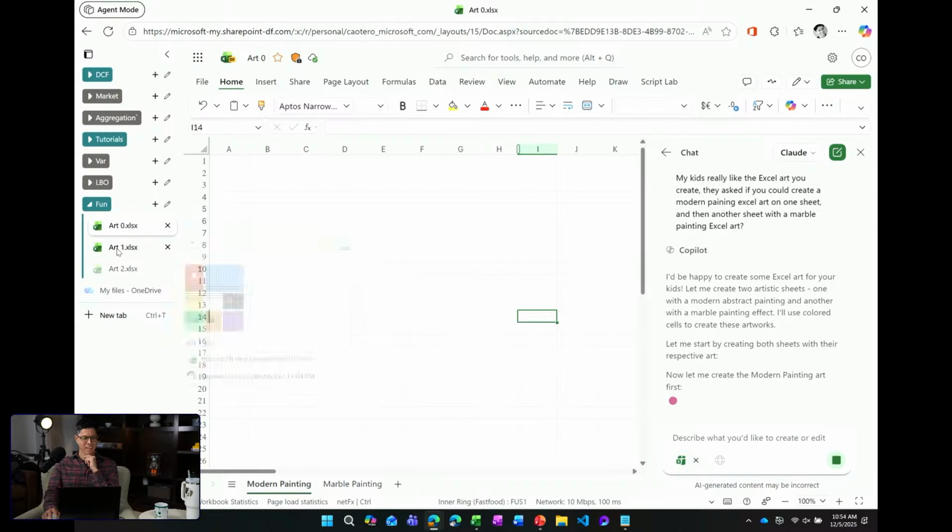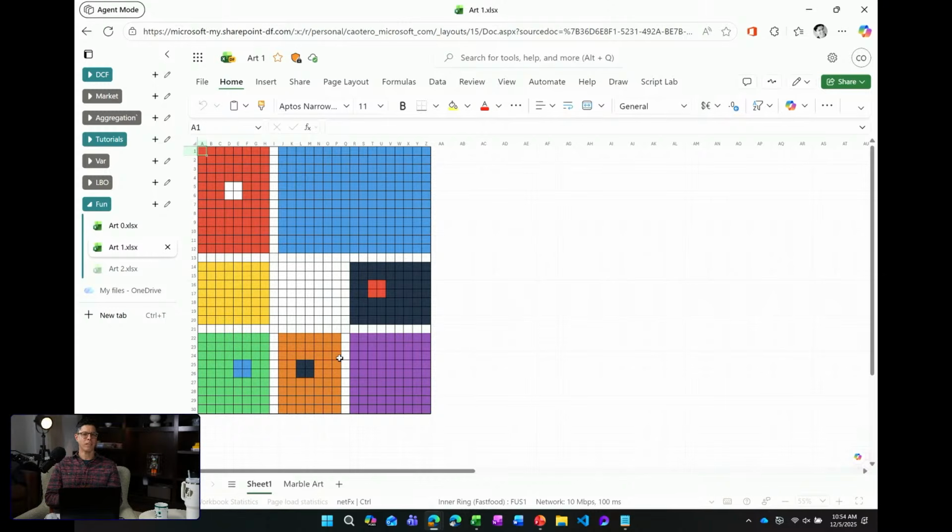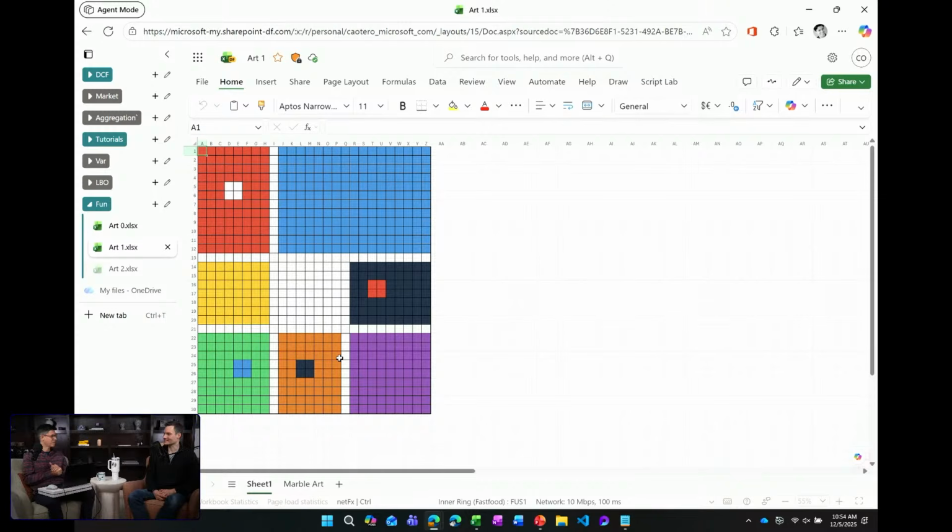Because in a sense, when you look at Excel, you have the grid, and those are kind of like pixels, right? Exactly. And so you can manipulate that to create art. It just illustrates the point that Excel is such a flexible tool for creativity, for solving problems. But people make literal art in Excel as well. I've seen some incredible artwork that people have made in Excel, just using the grid and changing the color of each cell.